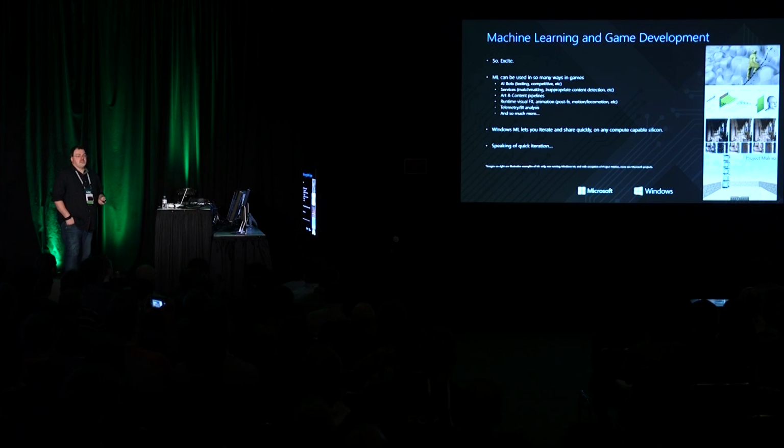There's lots of different places that we can use machine learning in our titles today. AI bots, a lot of people have been talking about that. We've seen some interesting Dota bots, we've seen some interesting StarCraft bots and other stuff in that space. There's a lot of interesting services that we can do, smart matchmaking. There's a lot of stuff around abusive intent and inappropriate content detection that can be done.